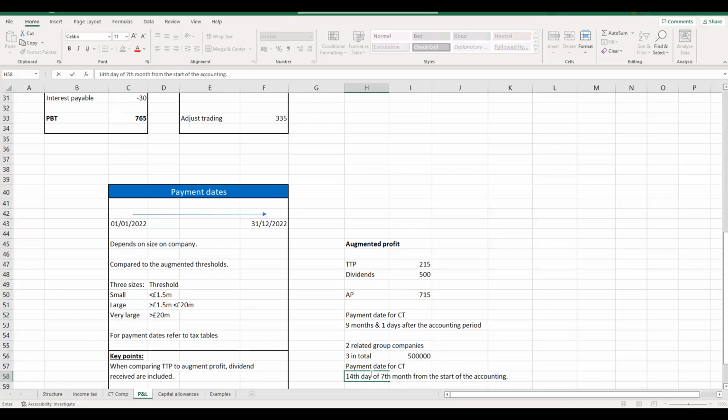So it's always worthwhile, with these rules. Some of them you may end up just remembering by exam day, but it's probably always worthwhile utilising that tax table, even if you're really confident on exam day, to just have a double check. Have I got this right? Is it the 14th day of the 7th month, or is it the 3rd month? Just double checking those things. So we'll take a look at a scenario question now.